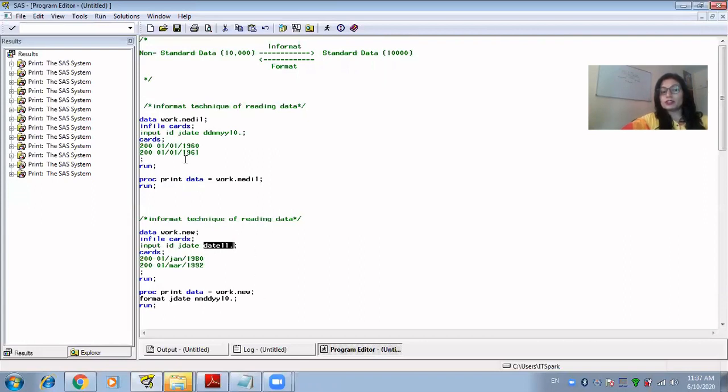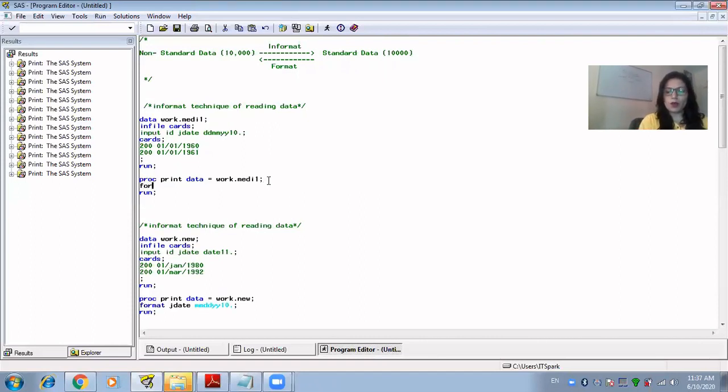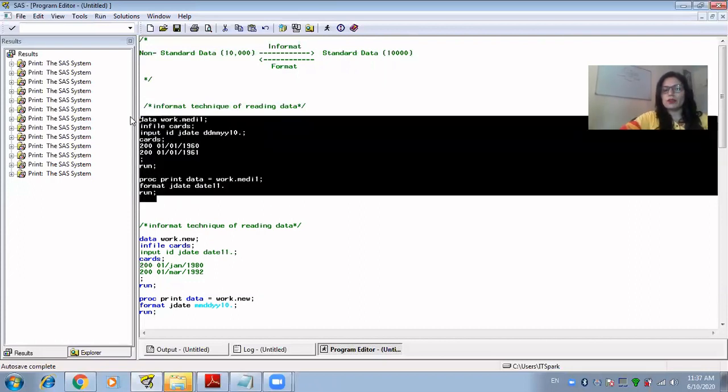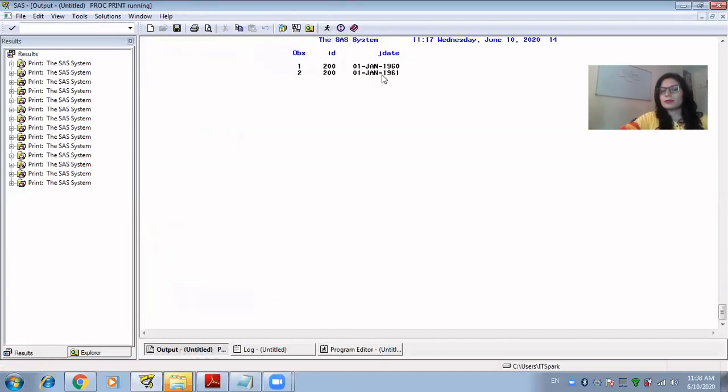You cannot use date11 here because the informat while reading this is DDMMYY10. But we can convert that into date11 while we use format. So format and J date, and we can use date11 here, dot. So you see it will be converted into the abbreviation format like this. So it has been converted.